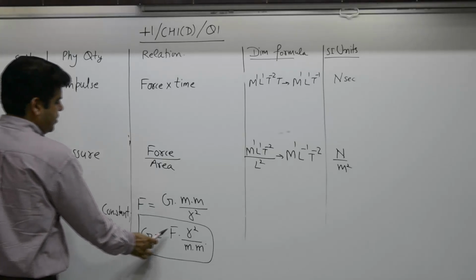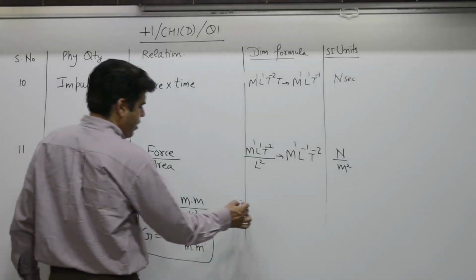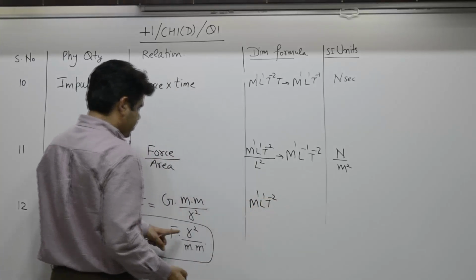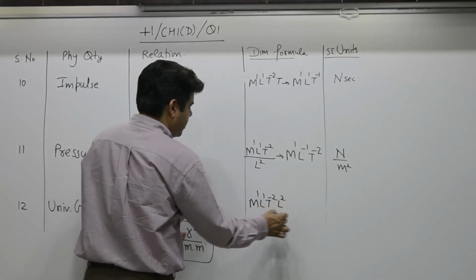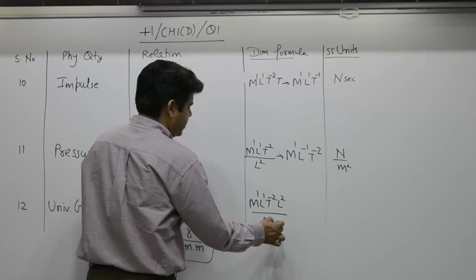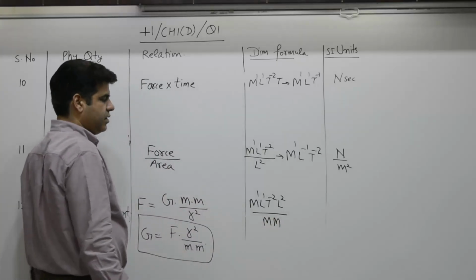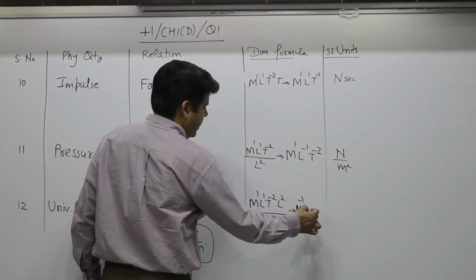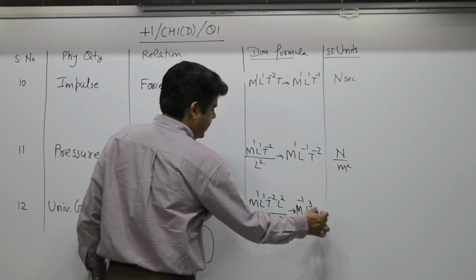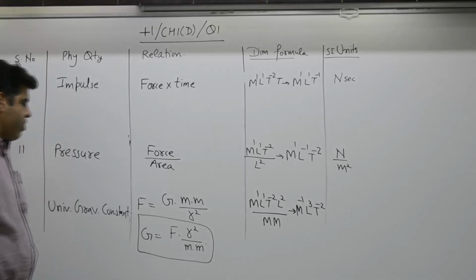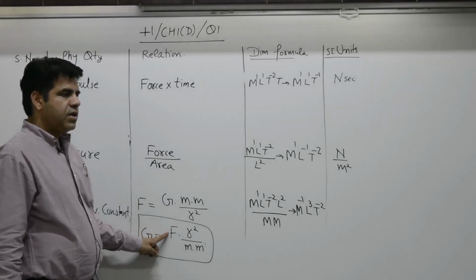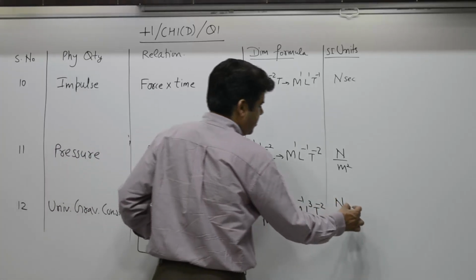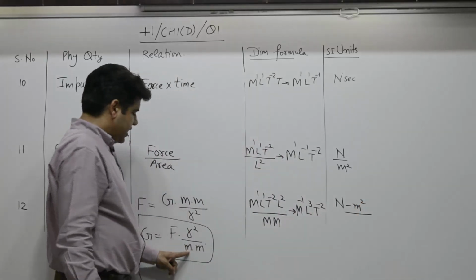G, force, yes. Dimensional formula for force, M1 L1 T minus 2, into r square by mass square. Yes, what you get is M's power minus 1, L's power 3, T's power minus 2. What is the unit? Force is Newton, distance is meter square, mass is